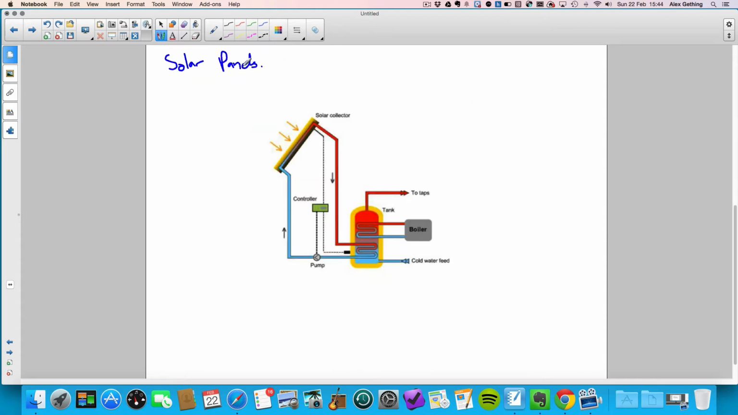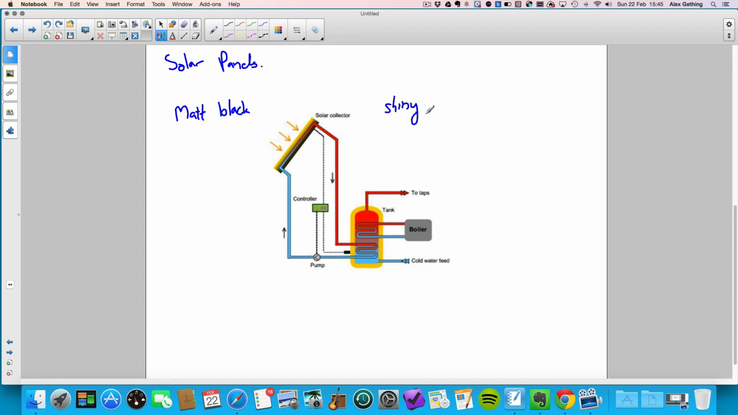Another way of saving money on your energy bills is to use free energy sources to heat your home, and solar panels is an example that's mentioned in the specification. So what actually happens here is that cold water is pumped into the solar panel, and it will be a matte black texture, and as we've already discussed, that makes it very, very good at absorbing infrared radiation from the sun. That infrared radiation will heat up this water,